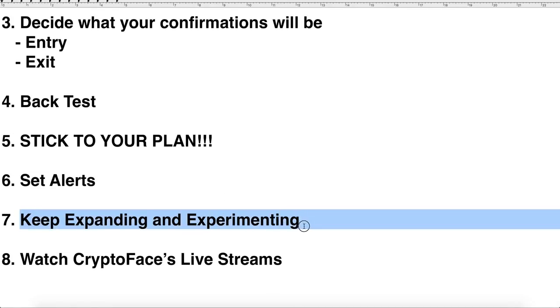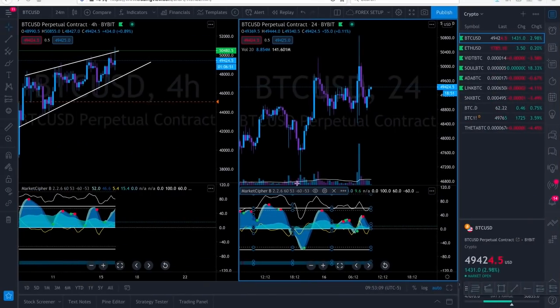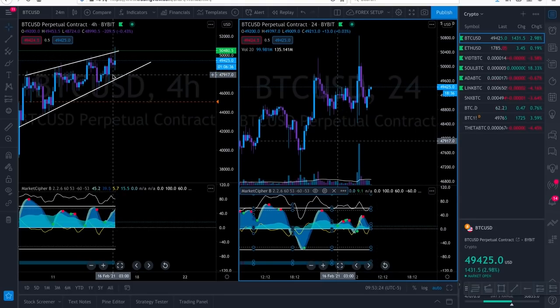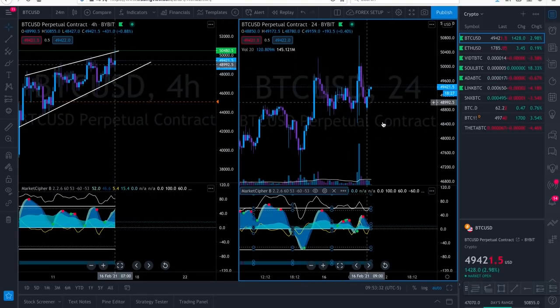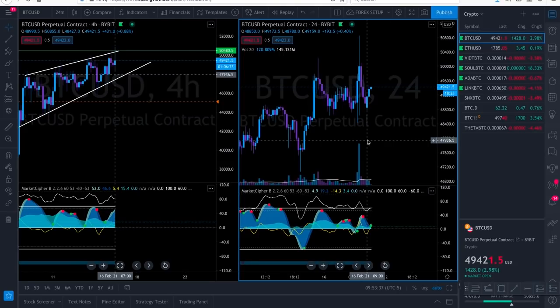Number 7, keep experimenting and expanding. This strategy that I developed for myself, obviously, I use all the tools at my disposal, live streams, other people talking about how they use Market Cipher, etc. This strategy that you create is not perfect, and it never will be. So never take off the table expanding your strategy, making it better, refining it, backtesting more,